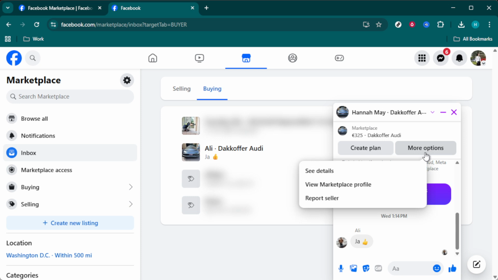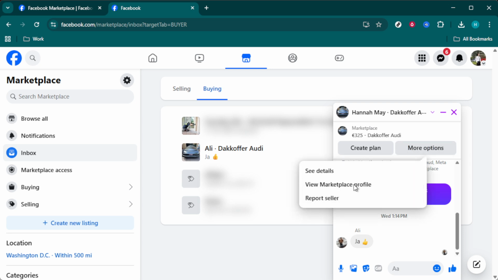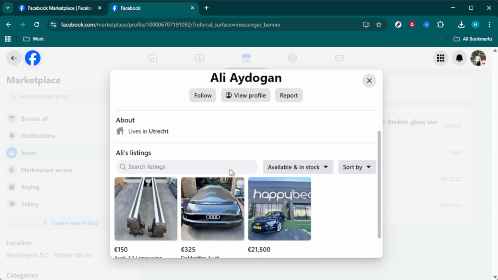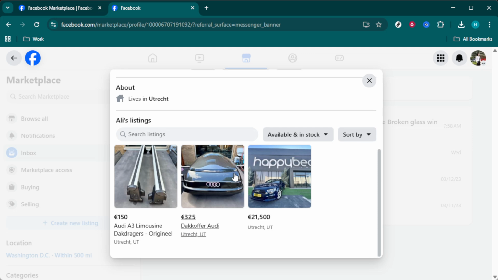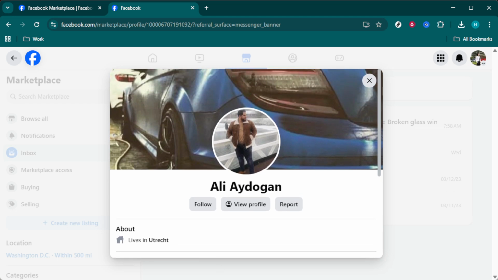Now comes the part where more options become your best friend. Usually hovering around the top of the seller's profile, near their name or just below their profile picture, look for a button labeled as More Options. Click on it to reveal additional actions you can take. You might need to repeat this process of selecting more options to ensure you get to the end of this journey smoothly. By clicking on View Marketplace Profile, you are redirected to a detailed layout of the seller's marketplace activities